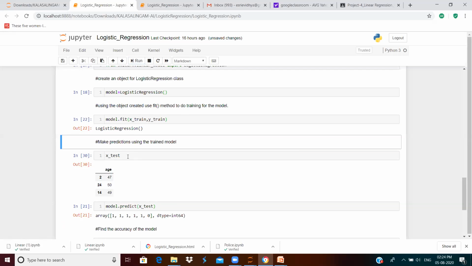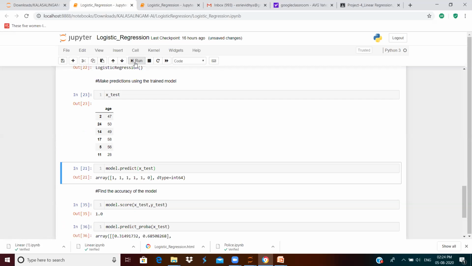We have completed the model training, and now let us check what our test data set is. Since we have chosen random test data and training data, the split is changing for each execution. So now this is our test data size. We have around 27 records in our data set, so around 6 records have been chosen for the test data for this particular execution. And now let us execute this predict function.